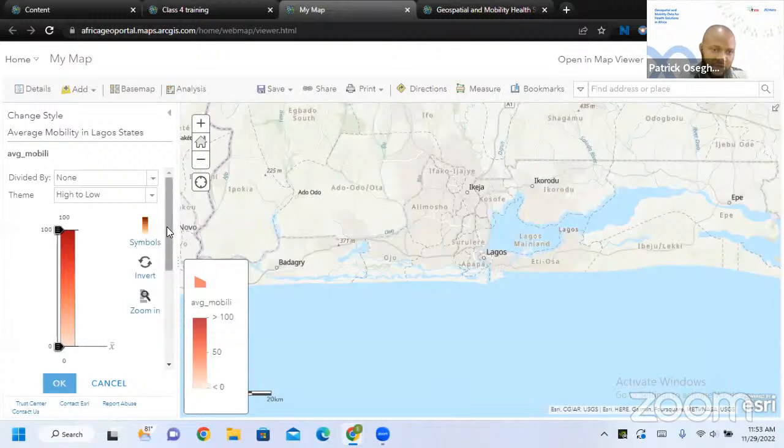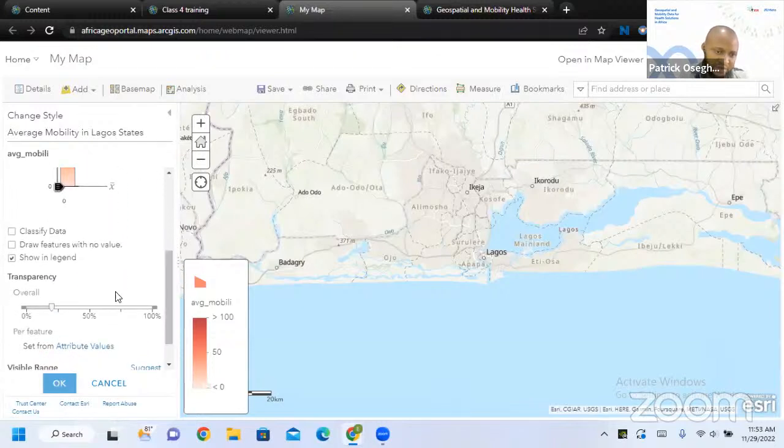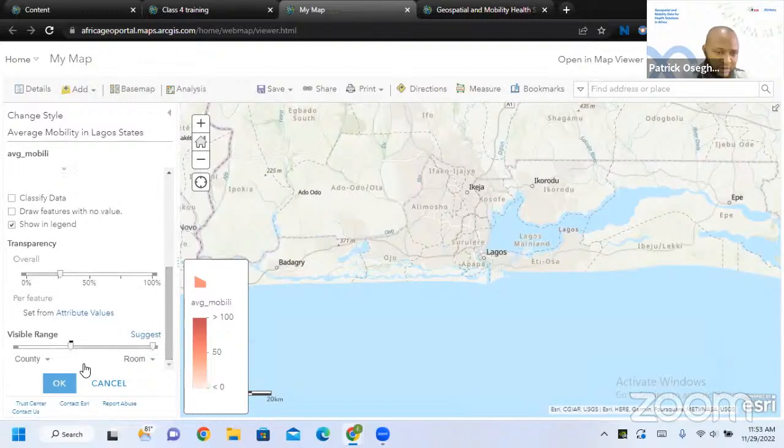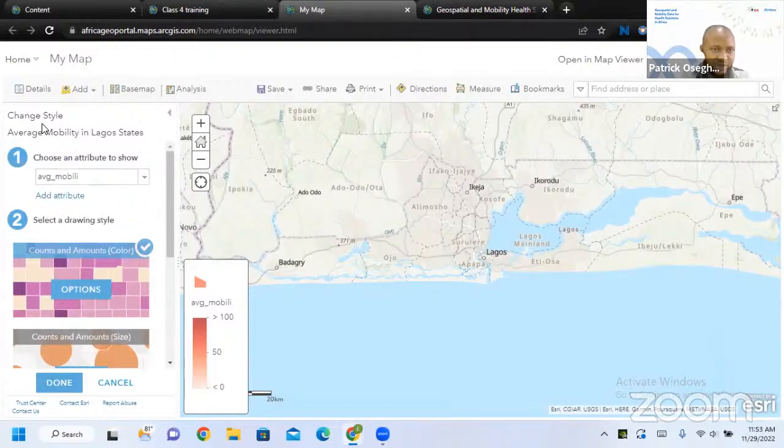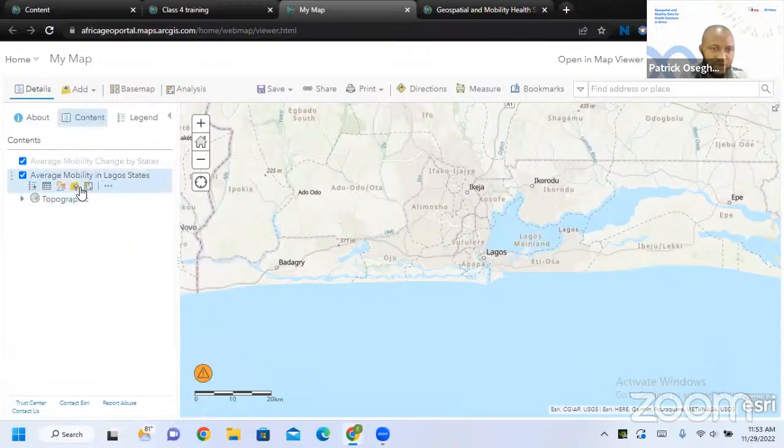Okay, why is this still not visible? Is it transparency? The transparency. Okay, we'll just leave it as default for now. Let's solve the case of it not being visible at this point. So it could be, okay, I don't know.